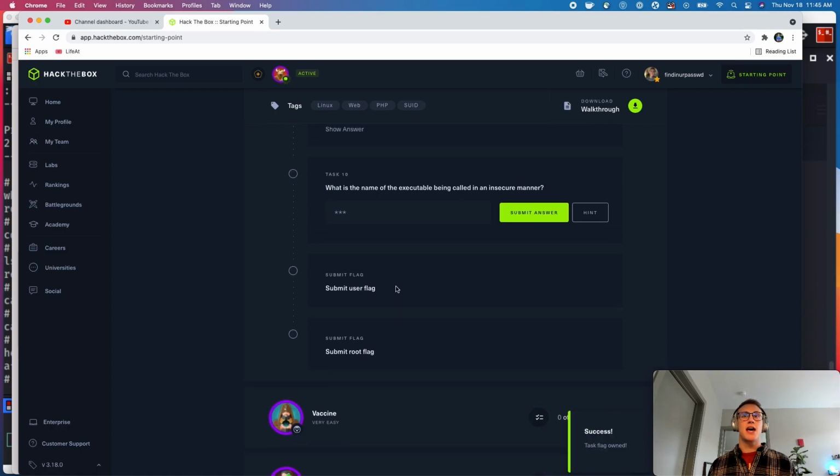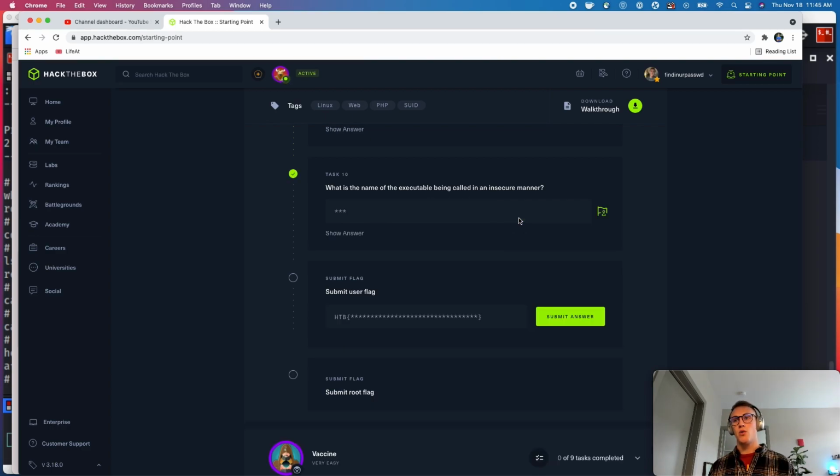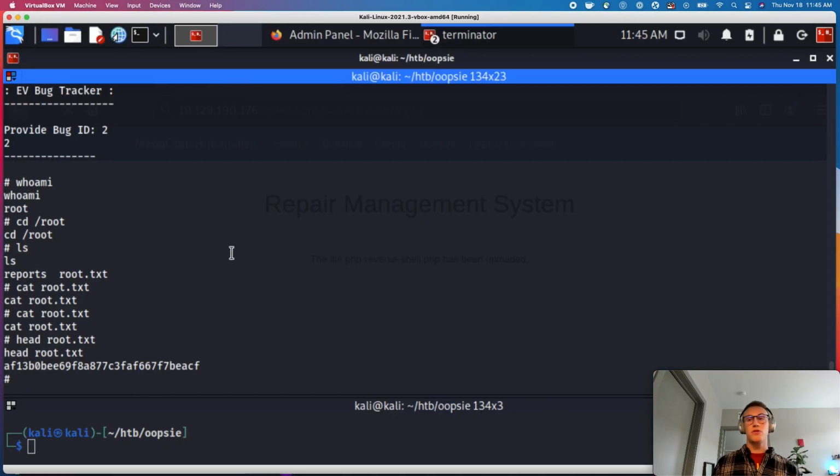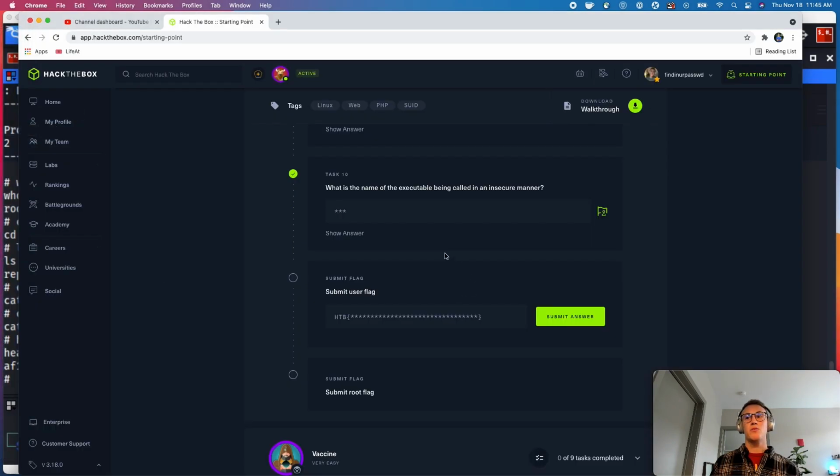So in task 10, it says what is the name of the executable being called in an insecure manner? And that is cat. So we saw that we altered the path of where cat's being called from. So we need the user flag and the root flag. However, I will let you guys submit those for yourself, and I will catch you guys in the last of the starting point